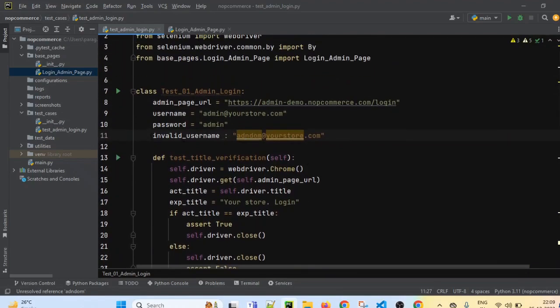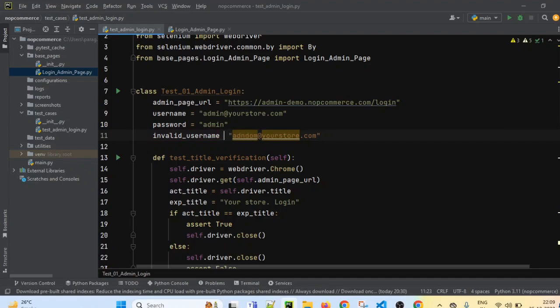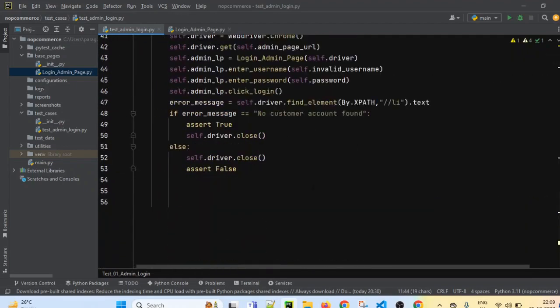Okay, so this is the mistake. If you see, we have used colon here instead of equal to. We have to use assignment operator here, right? So now it is correct. So now it will pass the incorrect value. So that was the error it was giving.